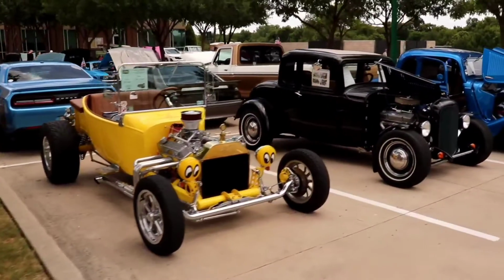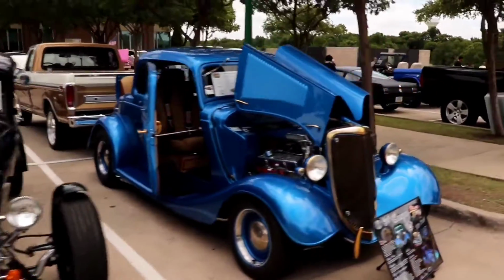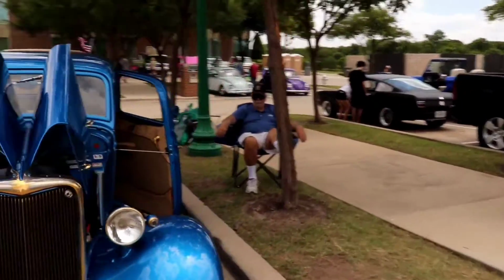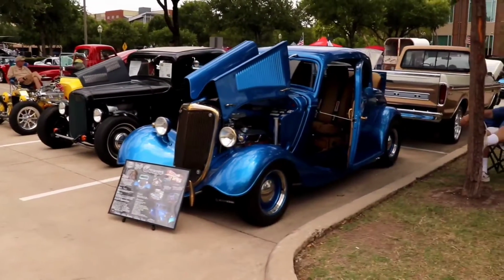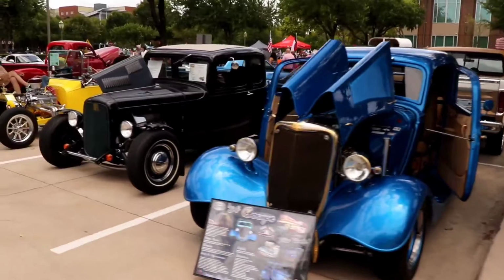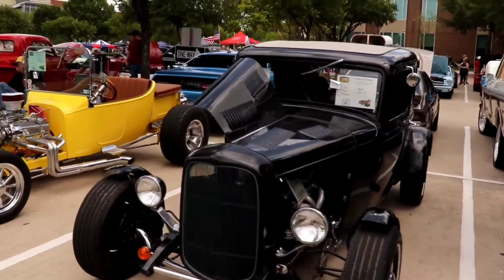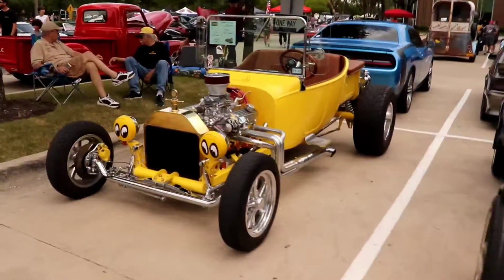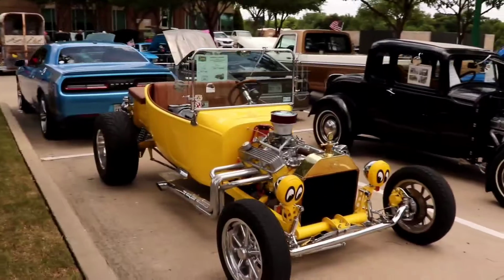Here's this. Whole row. 34 here on the end. The coupe. That one's listed as a 32. And this one here is listed as a 23. So,